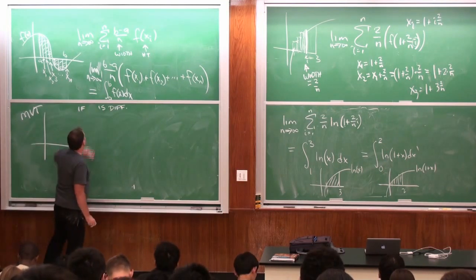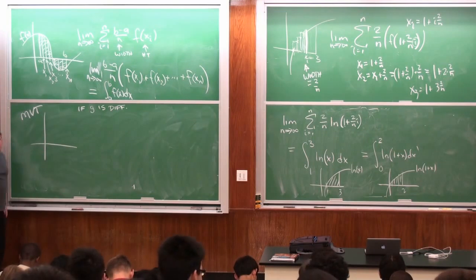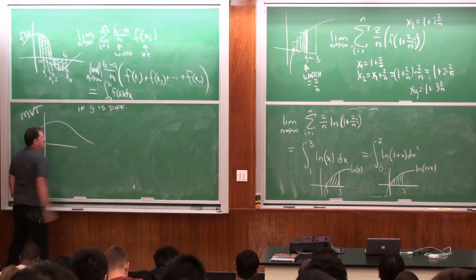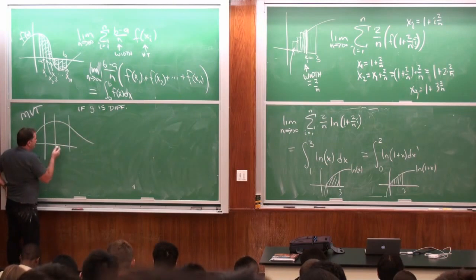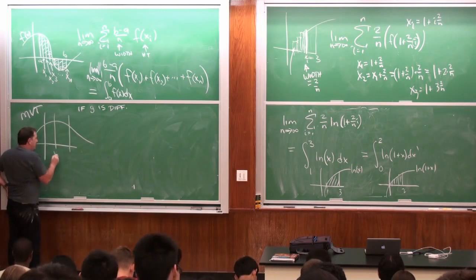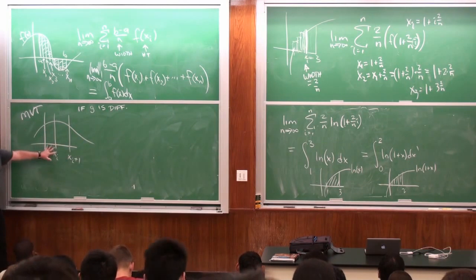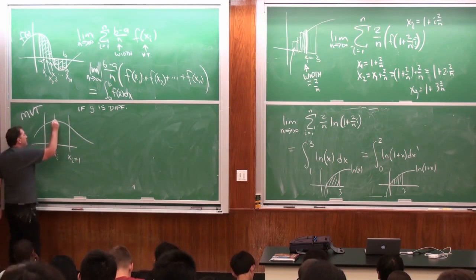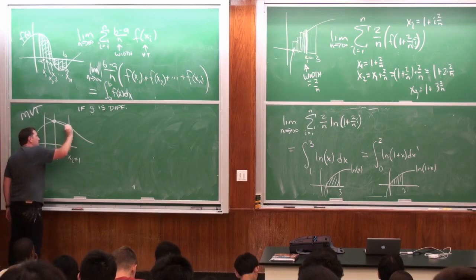So let's call it g. So if g is a differentiable function, and it goes on some interval, then if I pick 2 points, let's call it xi and xi plus 1, so those are 2 points, then the slope from here to here